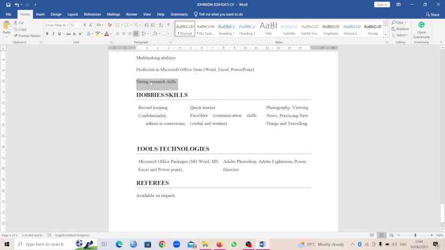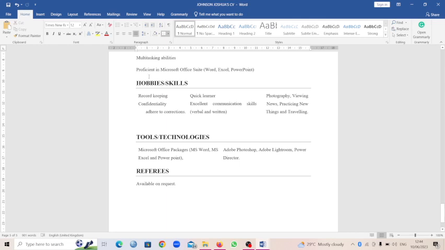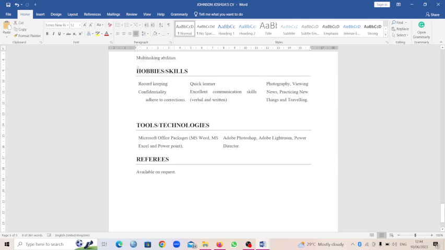I don't also think I need this. Proficiency in Microsoft package. I already have it as tools and technology. So I'm going to remove this because I already have it in my tools. Multitasking ability.